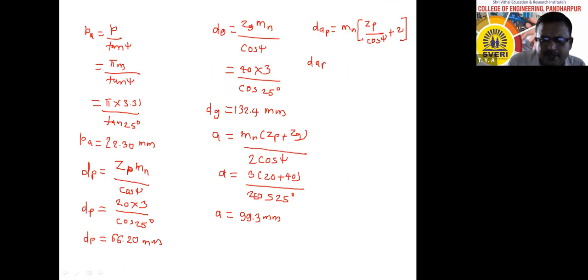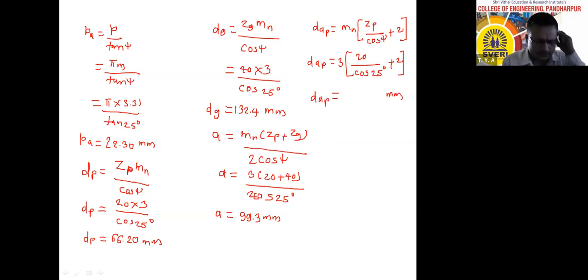Therefore DAP is equal to 3 into bracket 20 divided by cos of 25 degree plus 2. Yes, correct. 72.20